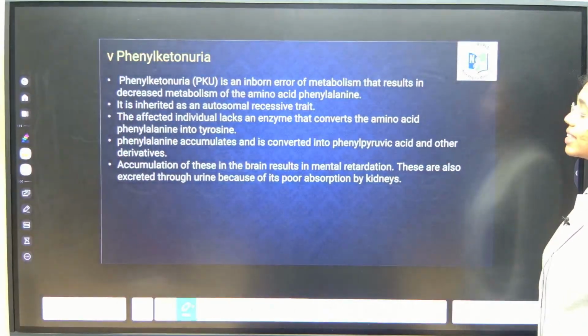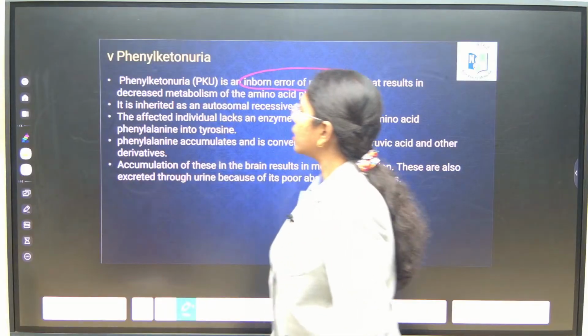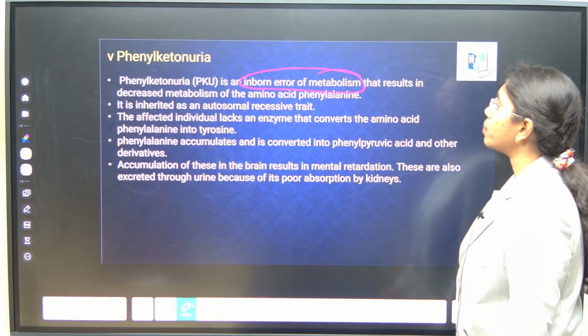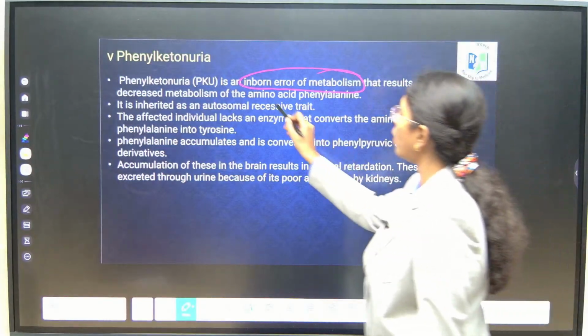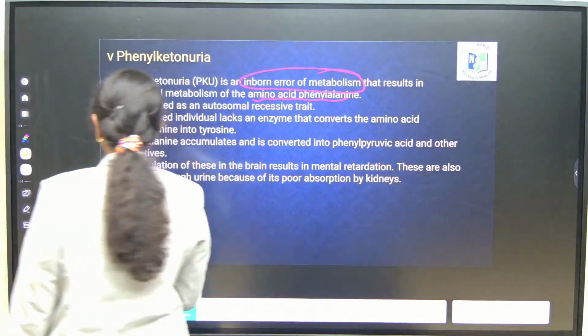Phenylketonuria, here if you see, this is an inborn error of metabolism. This results in decreased metabolism of the amino acid phenylalanine. First, phenylalanine, to show its functional activity, should be converted to tyrosine. This is done by the enzyme phenylalanine hydroxylase. If this enzyme is absent, phenylalanine is stored in the form of phenylpyruvic acid,